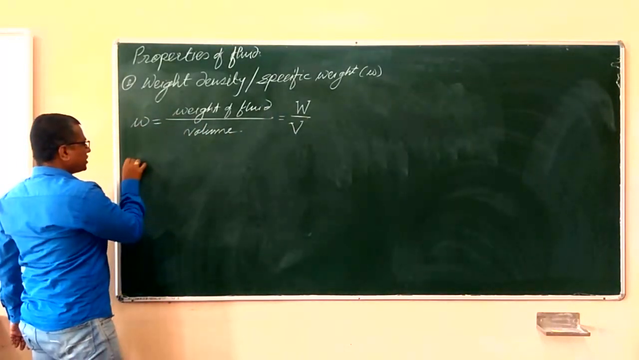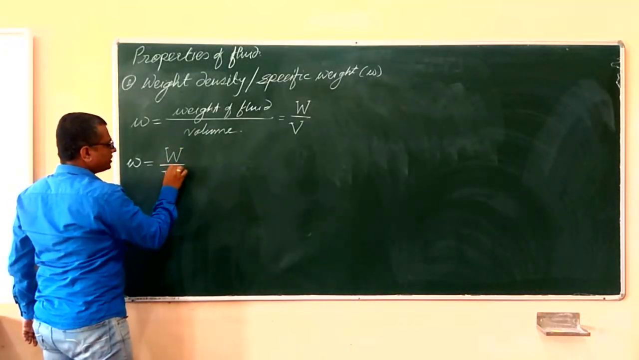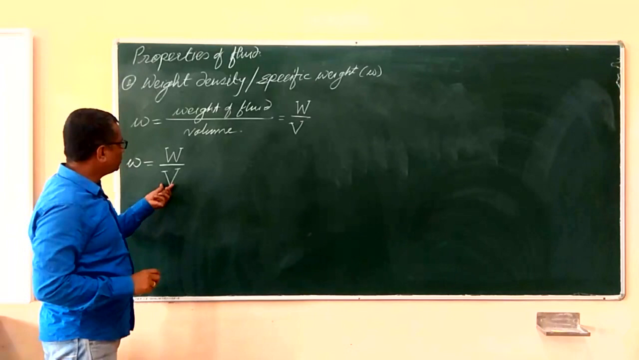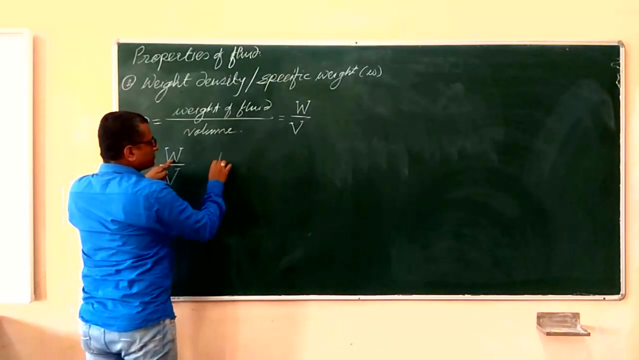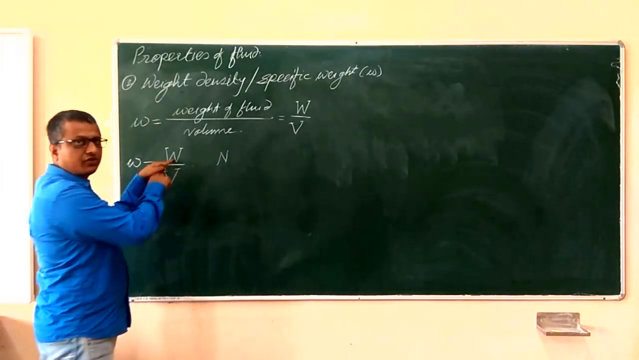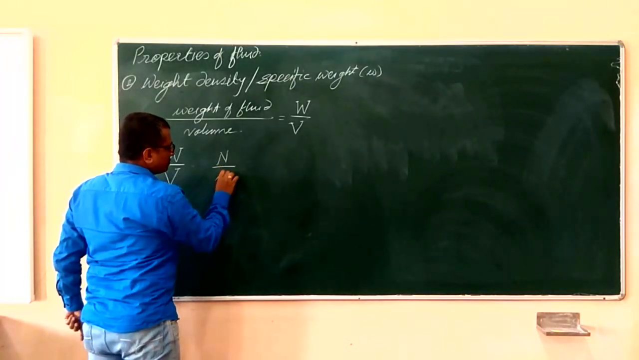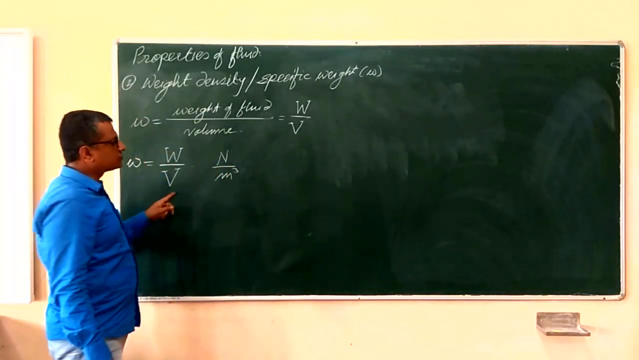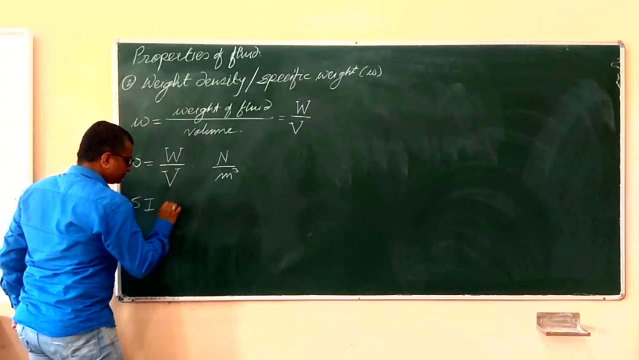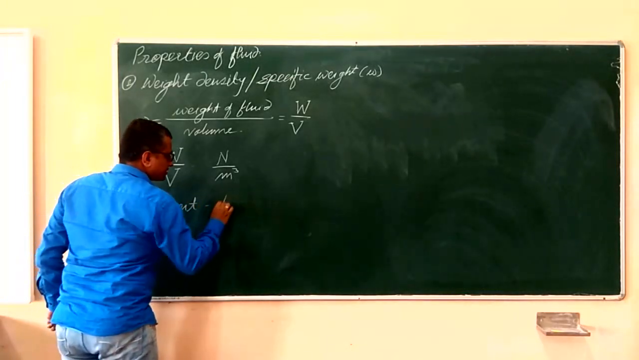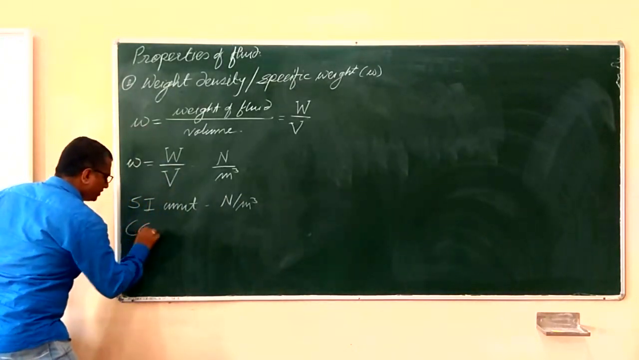Now, if you want to get the SI unit for small w, it is capital W divided by capital V, the volume. Now, the weight is basically a force and will be expressed in terms of Newton. So, the SI unit used for the measurement of weight is Newton, divided by the volume, which is meter cube. Volume is expressed in terms of meter cube, and that is the reason the SI unit for the measurement of specific weight is Newton per meter cube, whereas the CGS unit will be